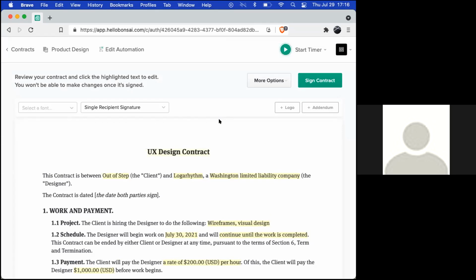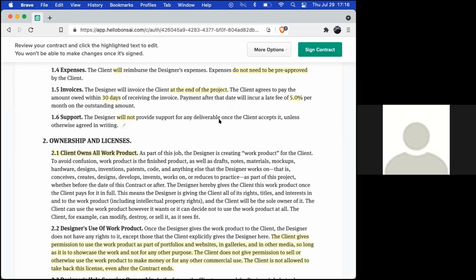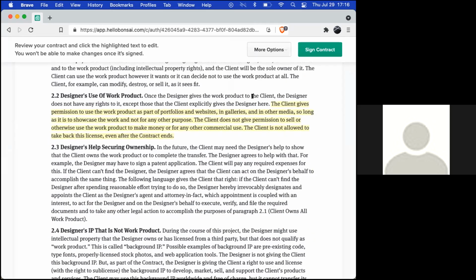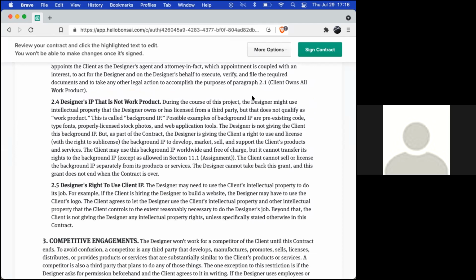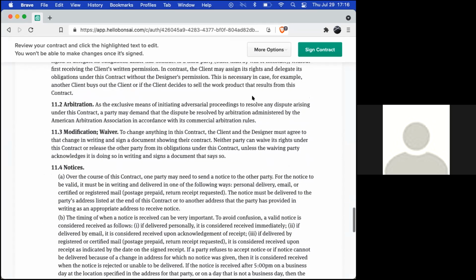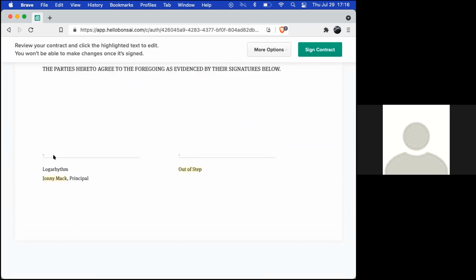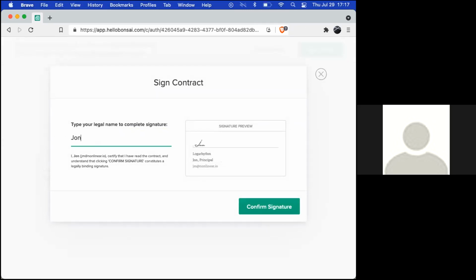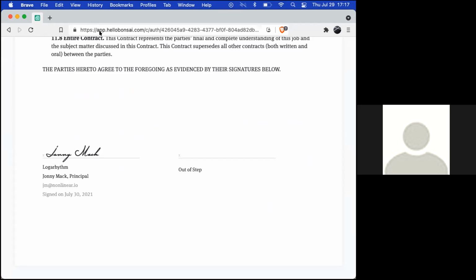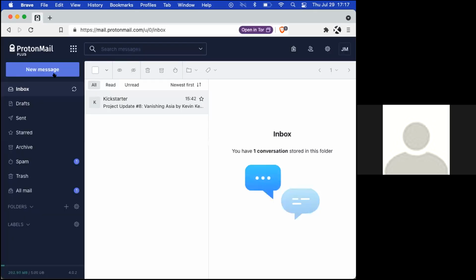And this is a contract that's been used by thousands of freelancers and companies, and it's been tested in court across, I think, all 50 states. It's a very, very good contract, and I can sign it and then send it. And the client will then get it, they can review it, they can sign it, and then now we are engaged. We have a legally binding contract. So I will uphold my end of the bargain.